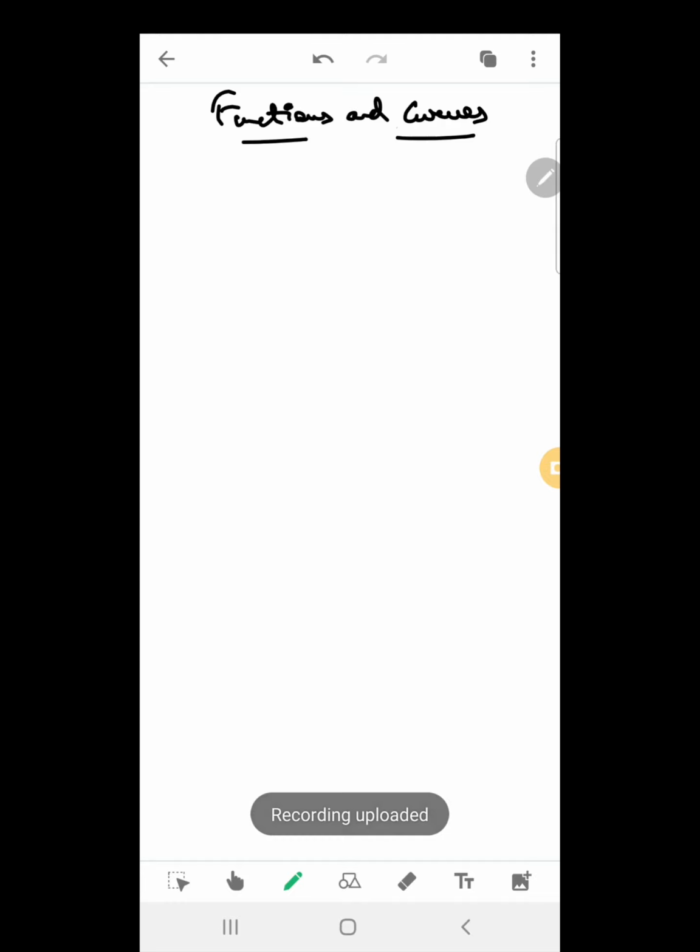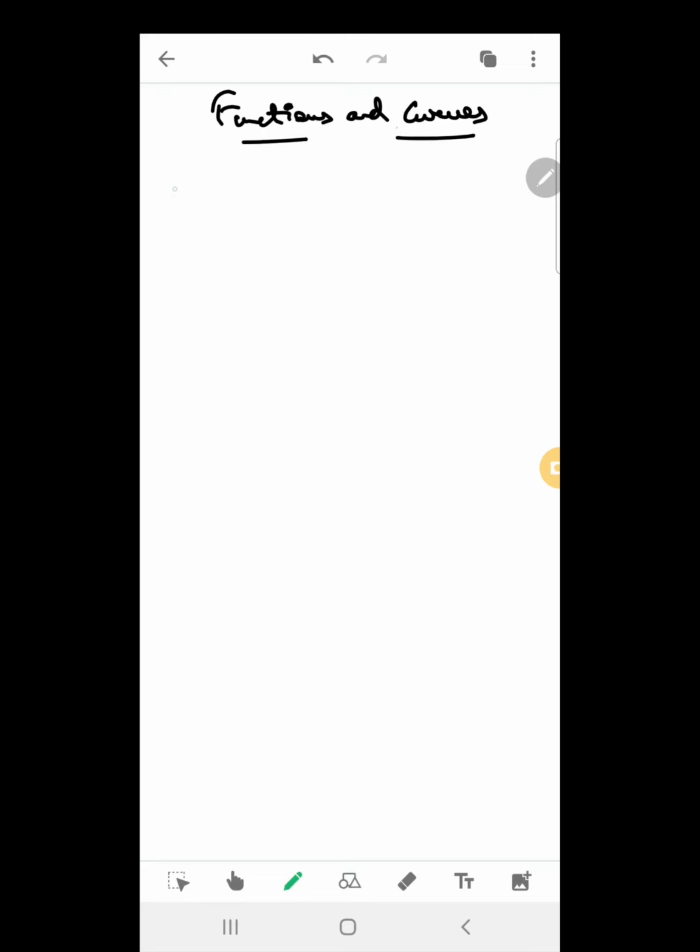Okay, so in this lecture we're going to talk about functions and curves. Some basic curve tracing techniques, some basic techniques to solve problems on the basis of graphs, and some important functions. Clear? Domain, range, functions and all. So I guess it's best to start with greatest integer functions.